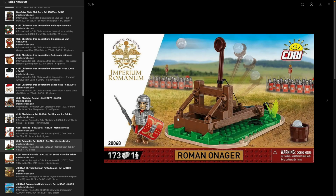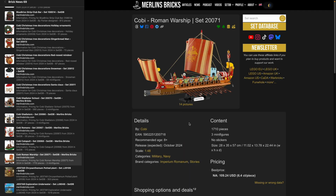Anyhow, you have the catapult, and as you can see here, this is how Cobi thinks this could look like. You have a ton of these Legionnaires, and as you can see on these pictures, you have roughly 30 Legionnaires and only 2 Centurions, and that is how it should be. Anyhow, the catapult has 173 pieces, 1 minifig, and then of course the Roman warship 20071,